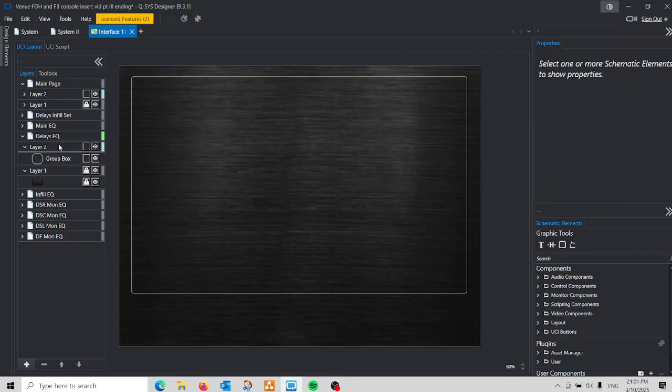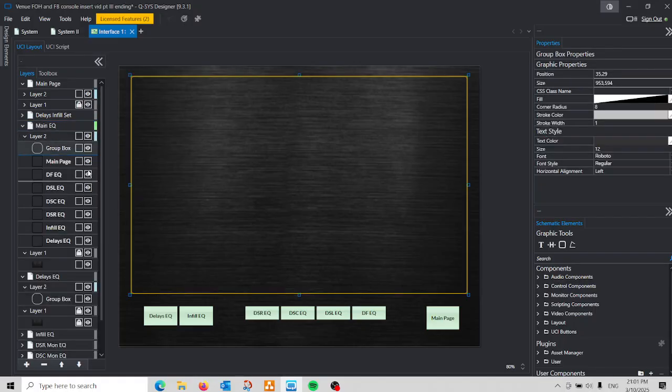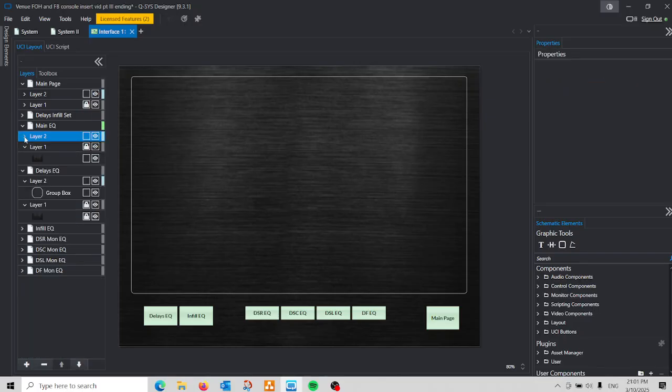that we can use to guide the rest of our building of our graphic EQ, because what we need to do now, of course, is go and get our graphic EQ bits and pieces. So the first thing I'm going to do is actually lock this group box so it doesn't get moved around anymore, and I can select around it without selecting it. This is a nice way of working. So you can just lock a particular element. I'm going to do that here,